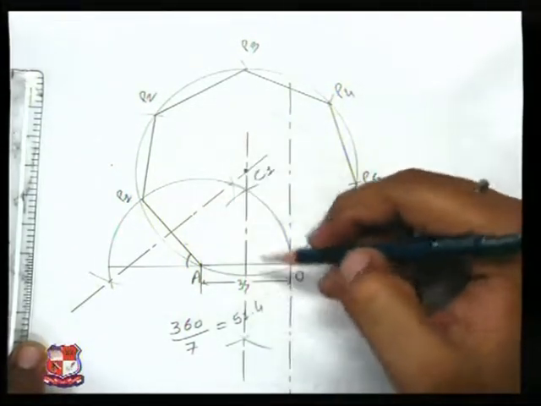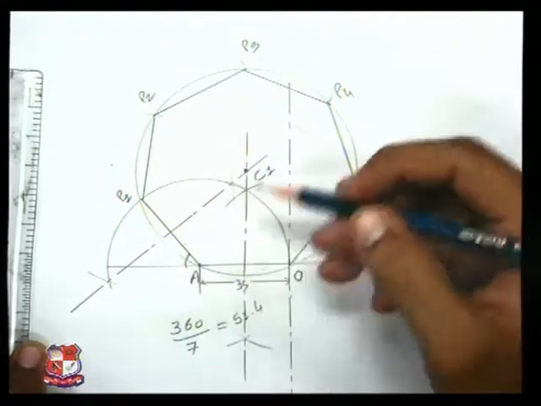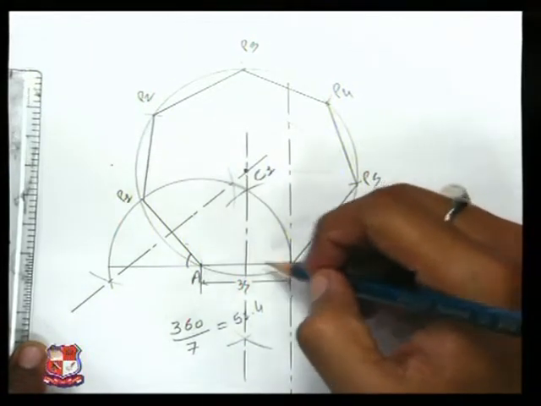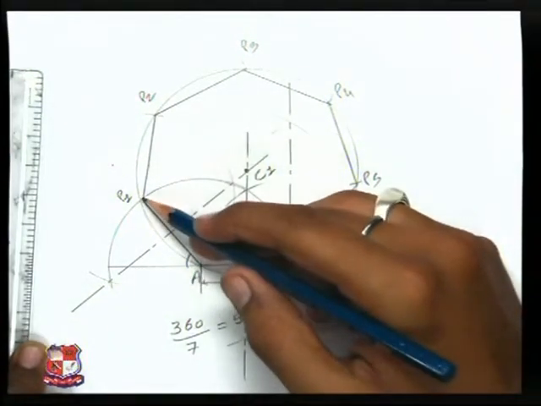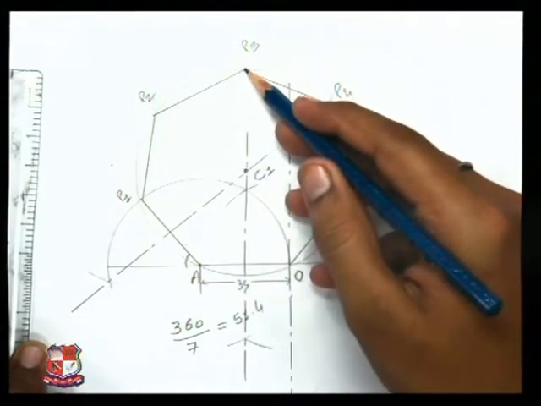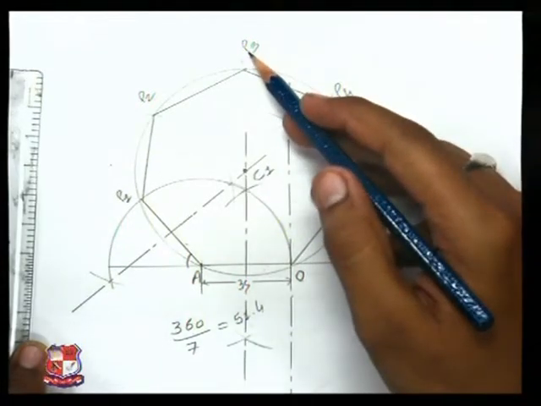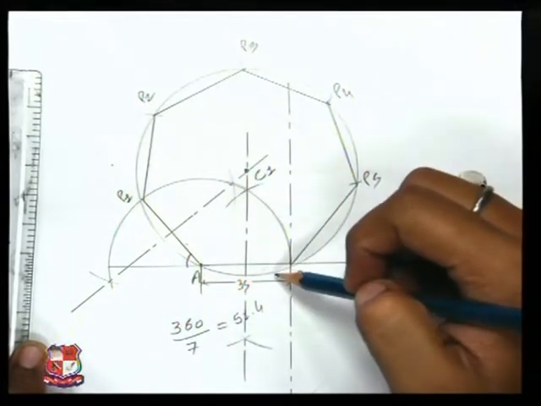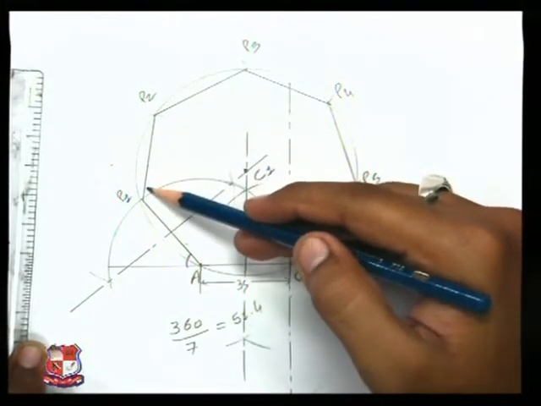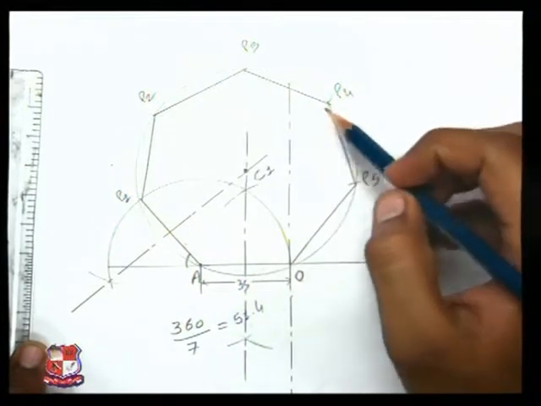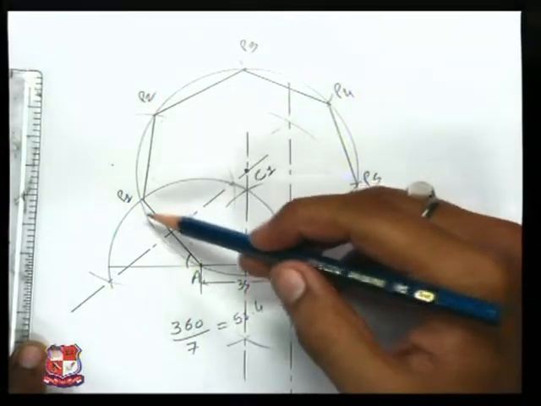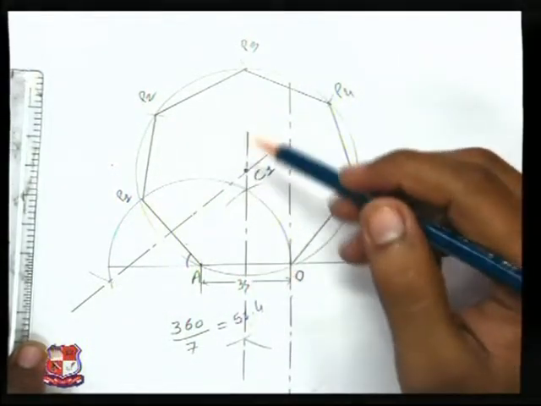We have got the circle, we have got the side length. Now we need to just cut out the arcs on the circle. OA is radius, P1 is center, mark an arc as P2, mark an arc as P3. On all the occasions, the radius would be the same, OA, just the center will be changed. First P1 will be there, then P2, then P3, P4 and lastly P5. Join all the arcs with straight lines and you will get your desired figure.